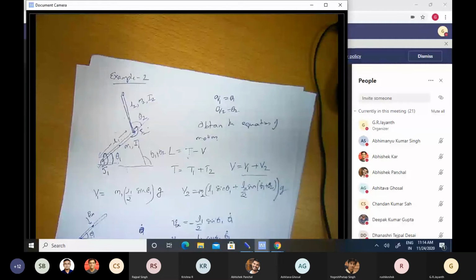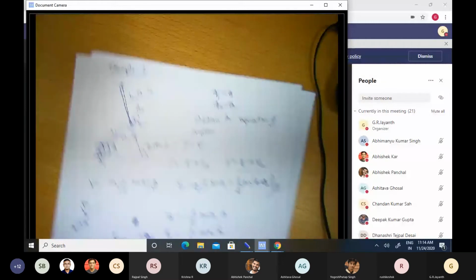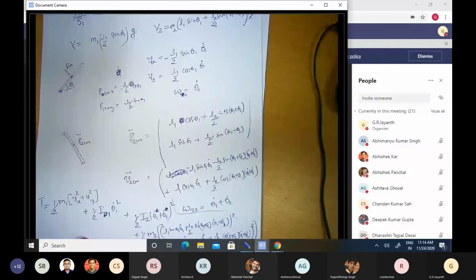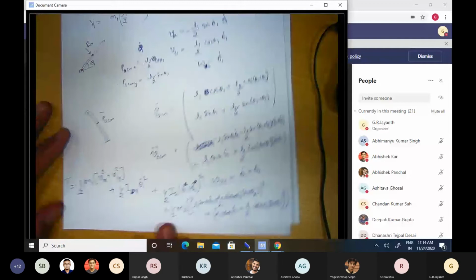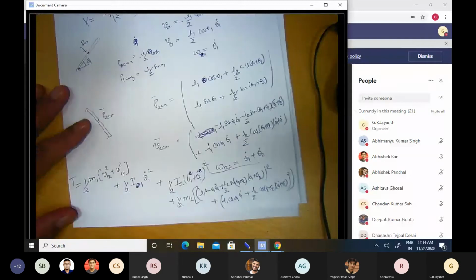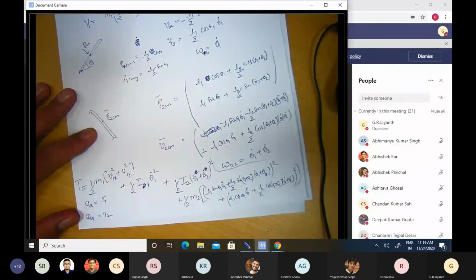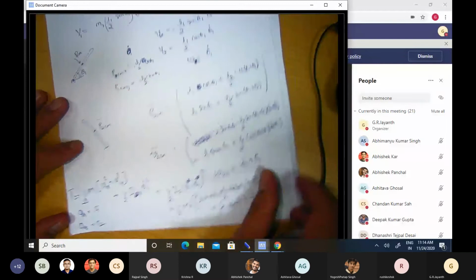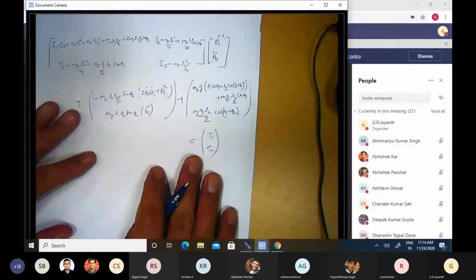Okay, I should have ideally indicated that. That was part of the steps that I had outlined a few minutes back. I'm sorry, I forgot to finish the discussion of the physics of the problem. I shall write that here. Q theta 1 is equal to tau 1, Q theta 2 is equal to tau 2. So with those additions, I can now write down the equations of motion, and they look something like this.